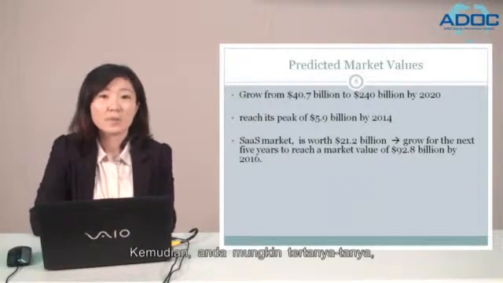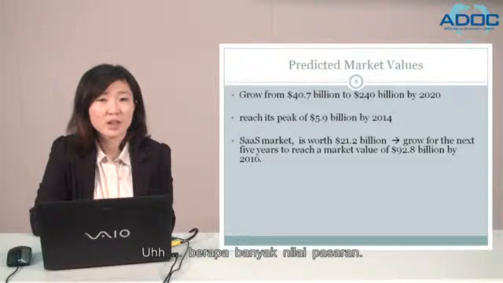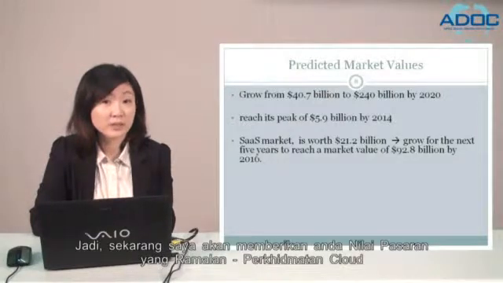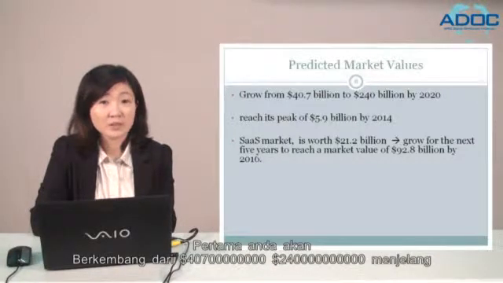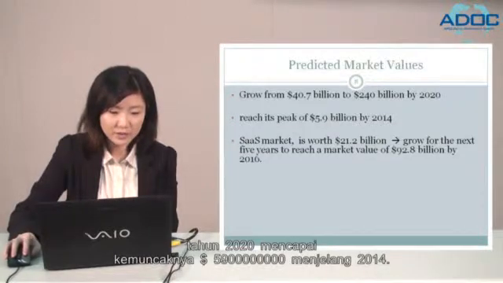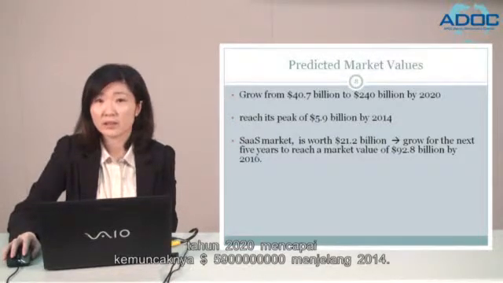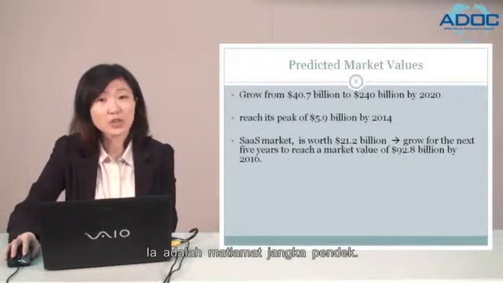Then you might wonder, how much are the market values? So now I'll give you the predicted market values of cloud services. First, it will grow from 40.7 billion to 240 billion by 2020, reaching its peak of 5.9 billion by 2014. This is a short-term goal.